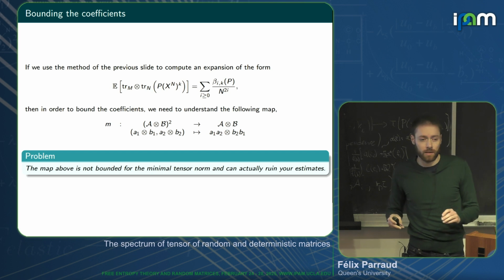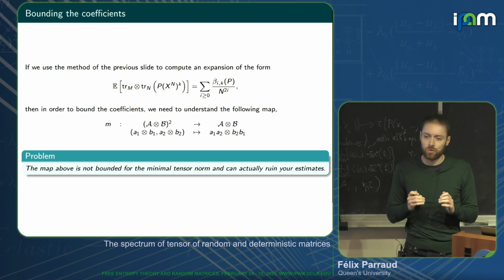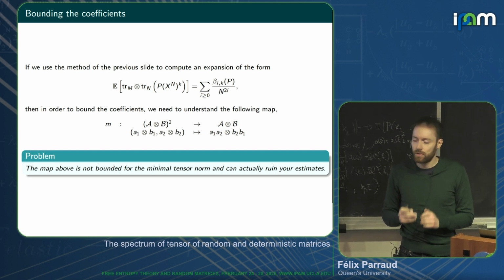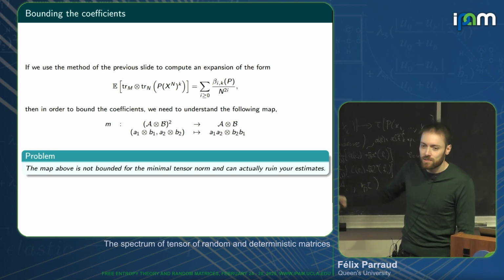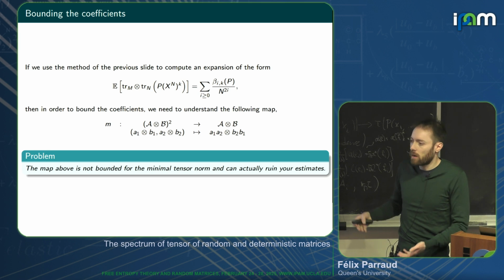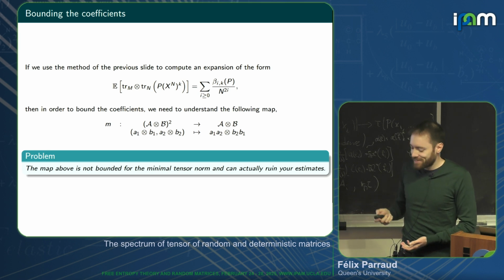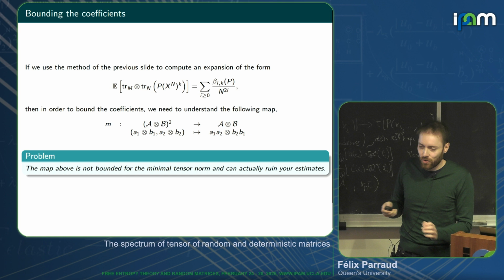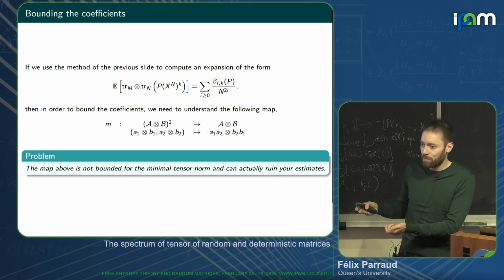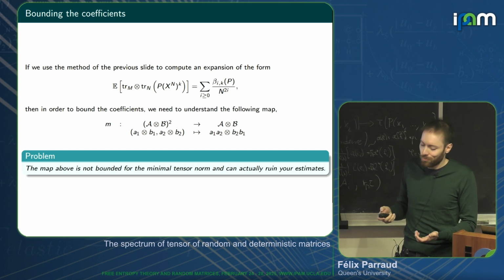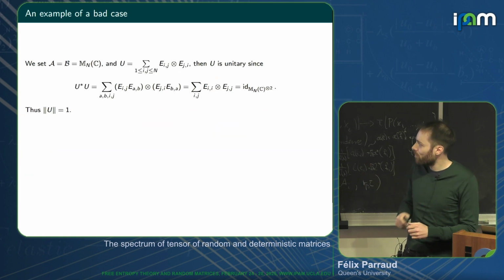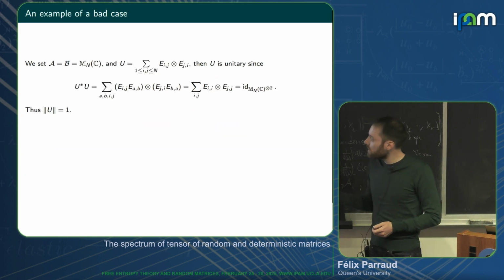And in practice, like in our case, we always want to work with the minimal tensor norm. Of course, if you work with matrix space, every linear map is bounded. But the constant is very bad: the norm of AB is smaller than the norm of A and the norm of B. Well, if you take this multiplication map, suddenly it will not be nicely bounded by a constant 1. And actually, you can even take an explicit